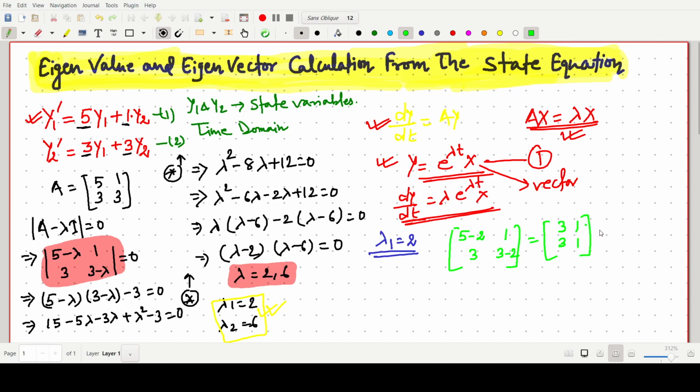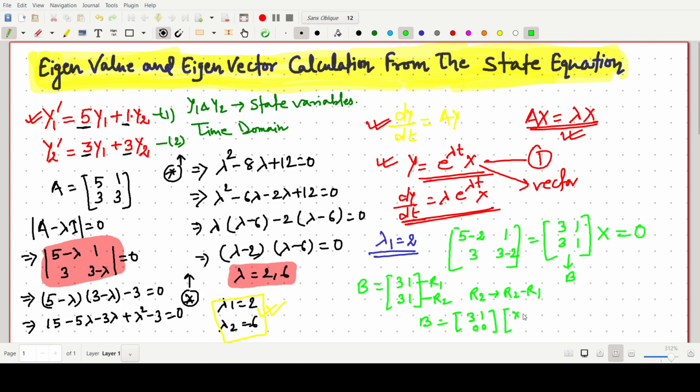Okay, so now if we multiply with some vector and when it equates with 0, this x will be the eigenvector. So just think about this matrix is our B. So B equals to 3 1 and 3 1. This is a row R1 and this one is R2. If we go for the row reduction, if R2 changes with R2 minus R1, what will be the matrix? 3 1 and the R2 row will be 0.